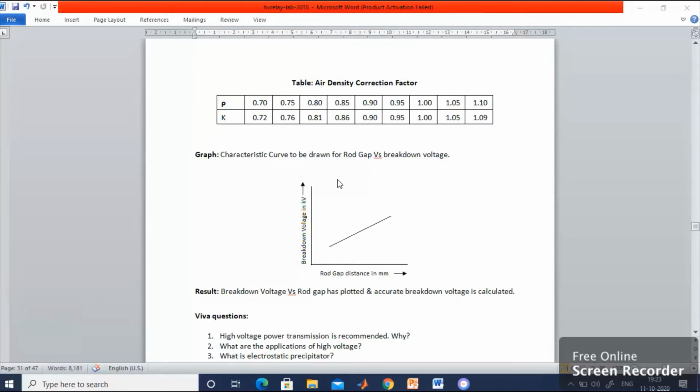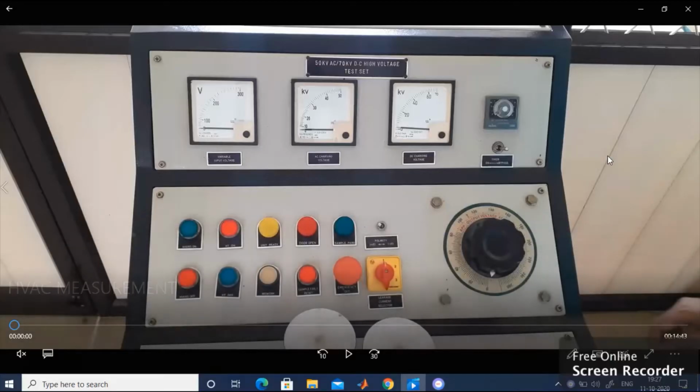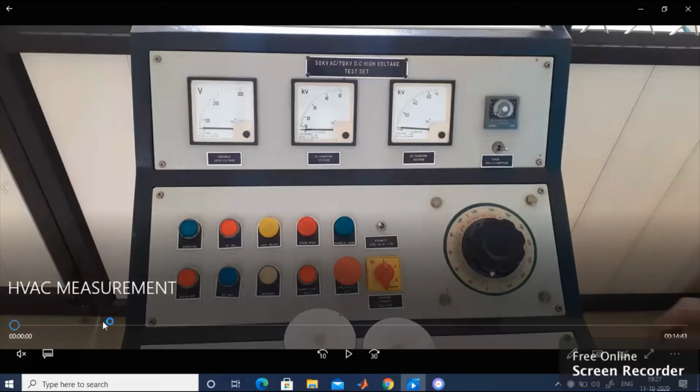This basic information needs to be learned before conducting the experiment. You should have a good idea about dielectric breakdown, what a gaseous dielectric material is, and what factors affect the dielectric breakdown. So likewise, you should have a good idea before conducting the experiment. This is one of the tools with which we can measure the breakdown strength of air by applying high voltage AC. So let us start the experiment. We have the control unit. You can observe this is your control unit.